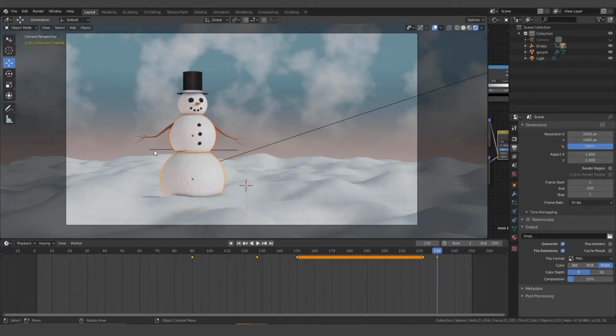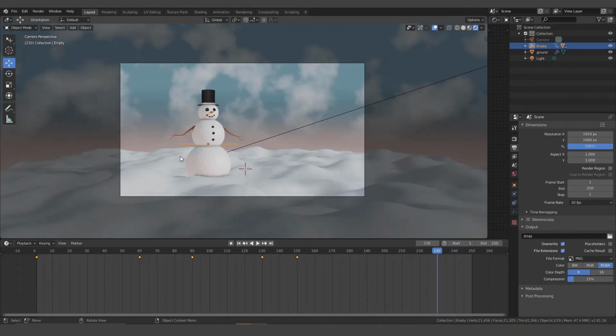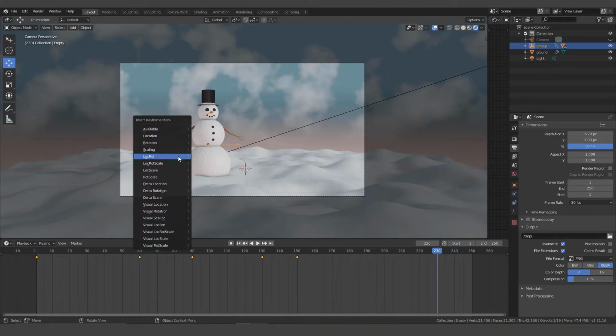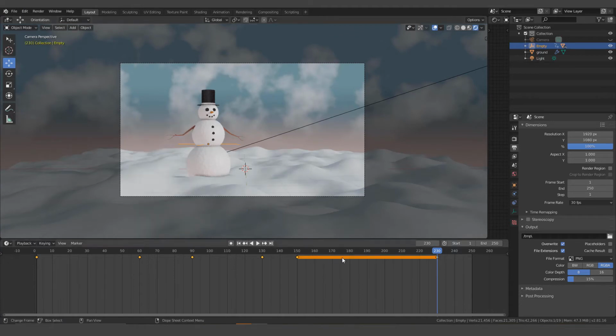Now we're going to move the entire snow person using the empty. Remember, the empty is these black lines coming out of the body. If I left click and select that, now I'll be operating the empty. Okay, so we need a keyframe for here. I, location rotation. You see we get that same thing again, but we for sure need this to be here